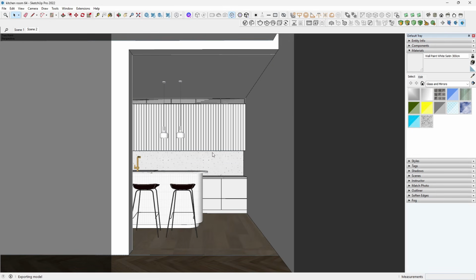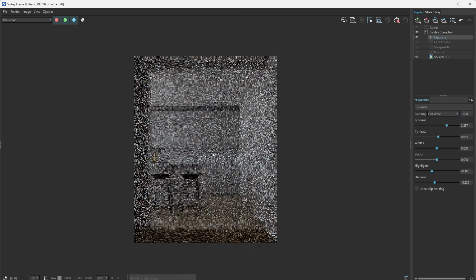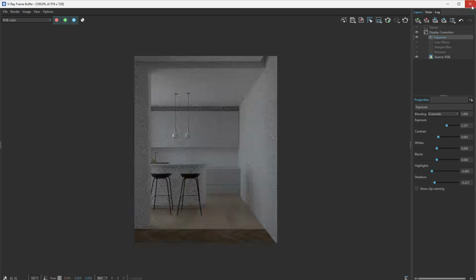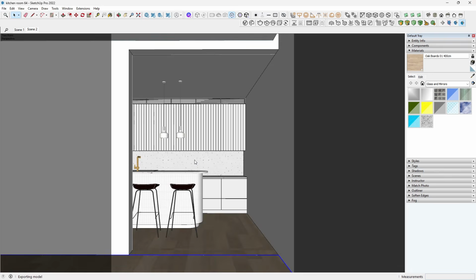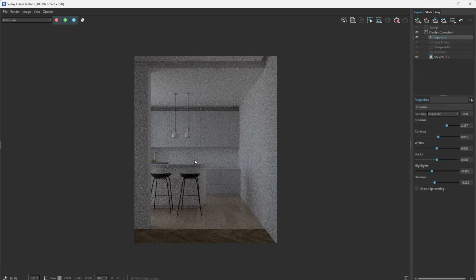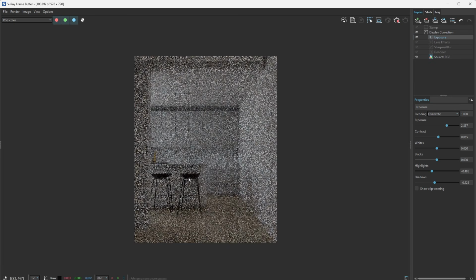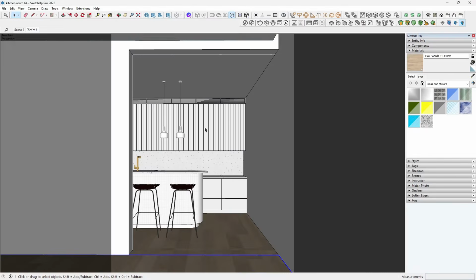So let's see how this looks like. Still have some tweakings to do. Let me change this to this same floor material. Let's see what we have. Okay,